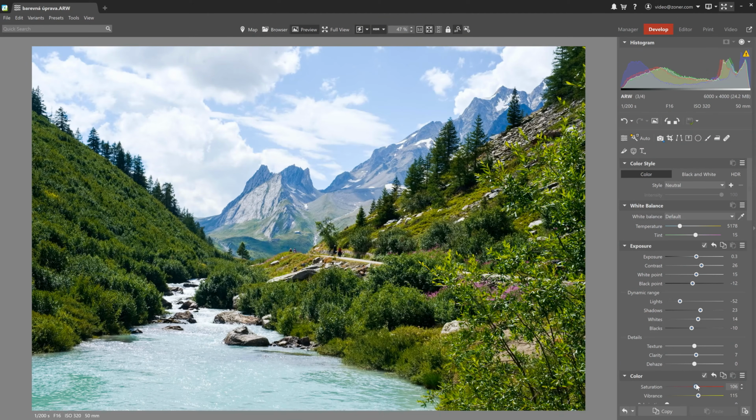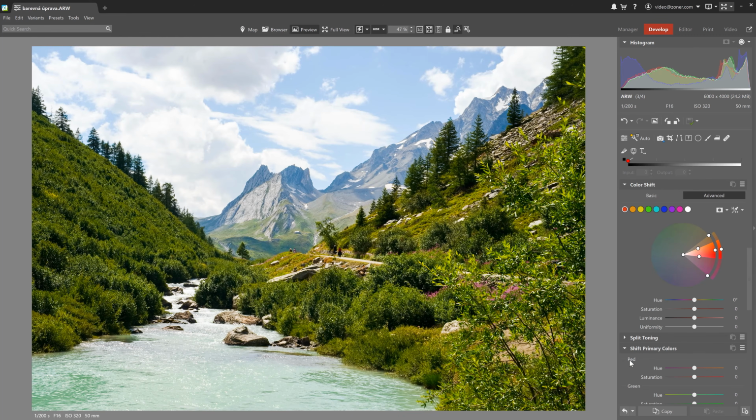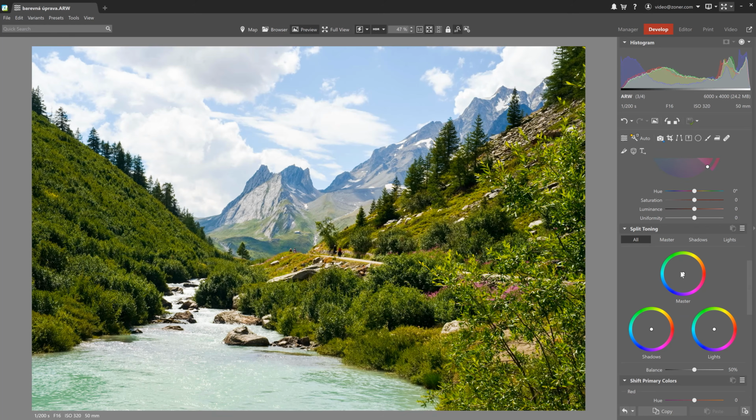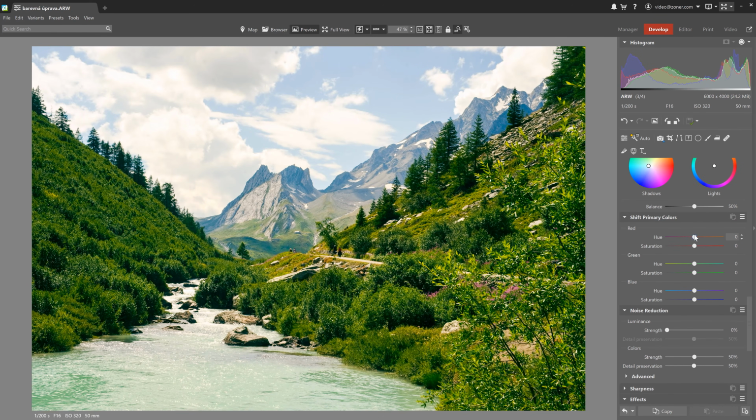Now, I'm shooting on Kodak Gold Film right now, so I'm gonna try to simulate that look. I've already made basic exposure adjustments, and since I want the colors to be warmer, I'm going to shift temperature closer to more of a yellow. Colors tend to be more vibrant with film, so I'm gonna increase saturation as well as vibrance, and I'm gonna use split toning to adjust the hues. I'm gonna move the master colors towards warmer tones, but move the shadows towards cooler tones of a blue and green. Next, let's fine tune the colors using Shift Primary Colors.